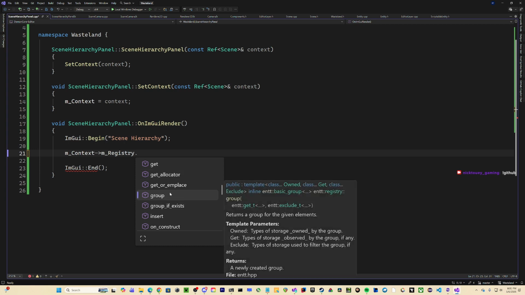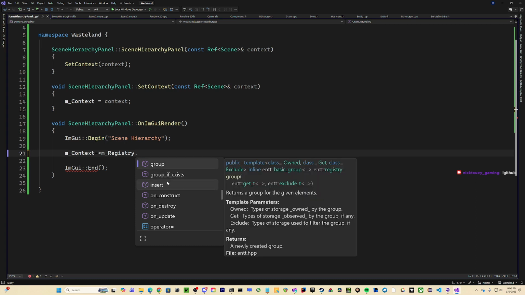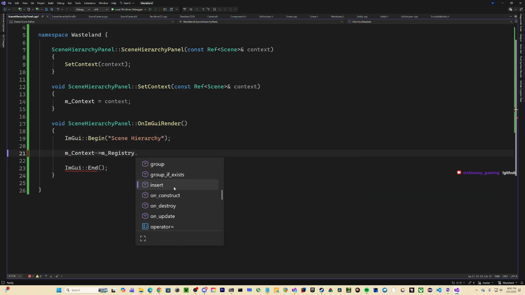Get group. Returns a group for the given elements. Group if exists. Oh, that excludes another existing group, I think. Insert.